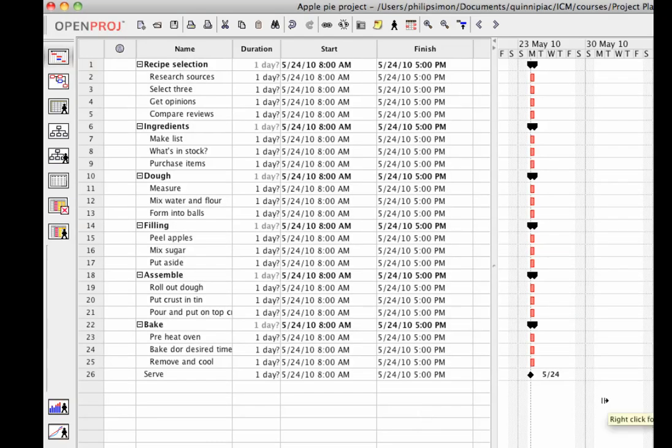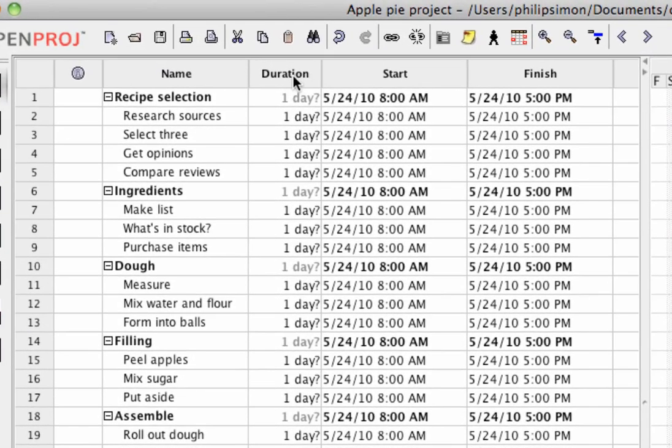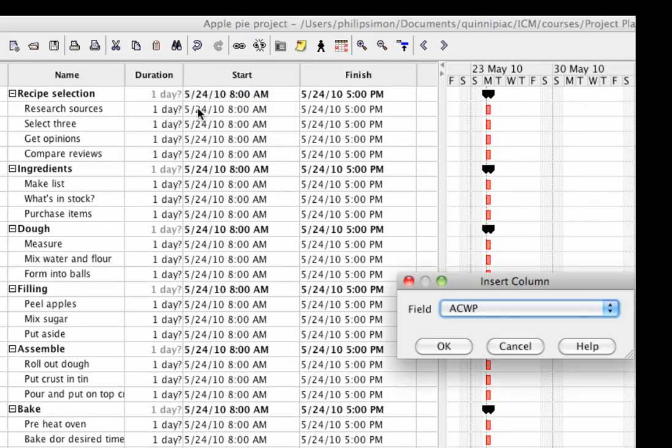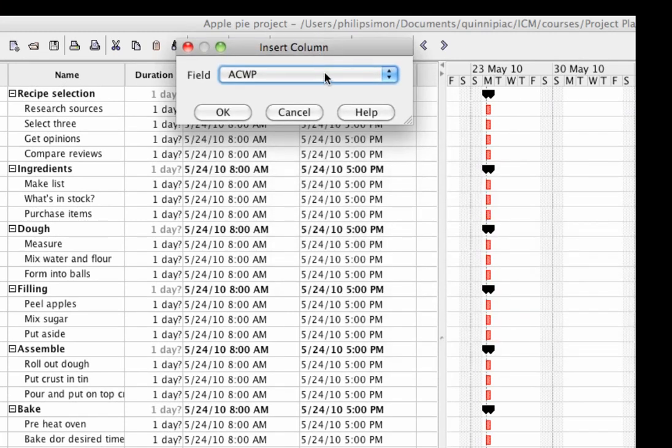So I finished adding all my subtasks. So each milestone has a subtask in order to finish that milestone. I'm letting the default durations go to 1 day based on a start time of 1 day and finishing the same day. The next thing to add that will allow us to compute the actual time and hours that are spent is if I right-click on the column header and hit Insert Column. From this dialog, which I'll drag up here so we can see the whole thing,